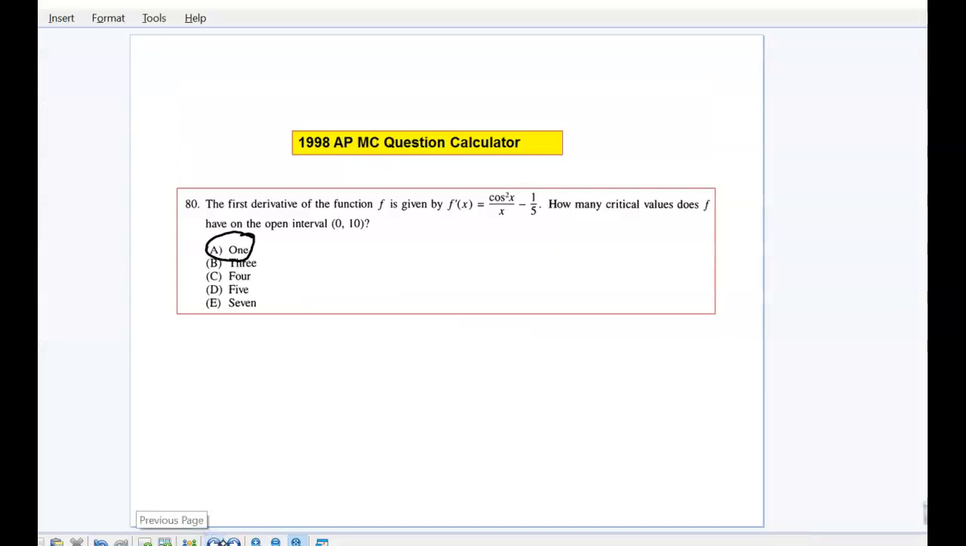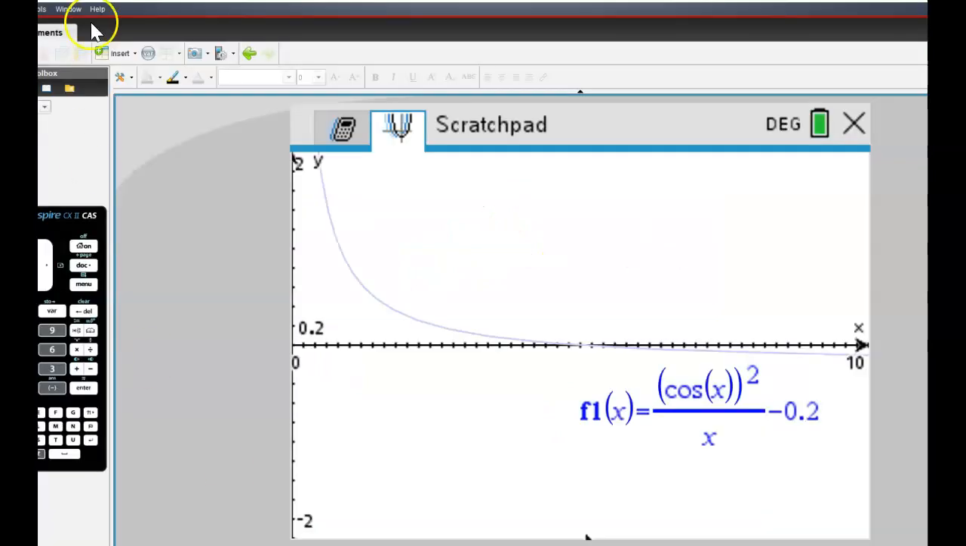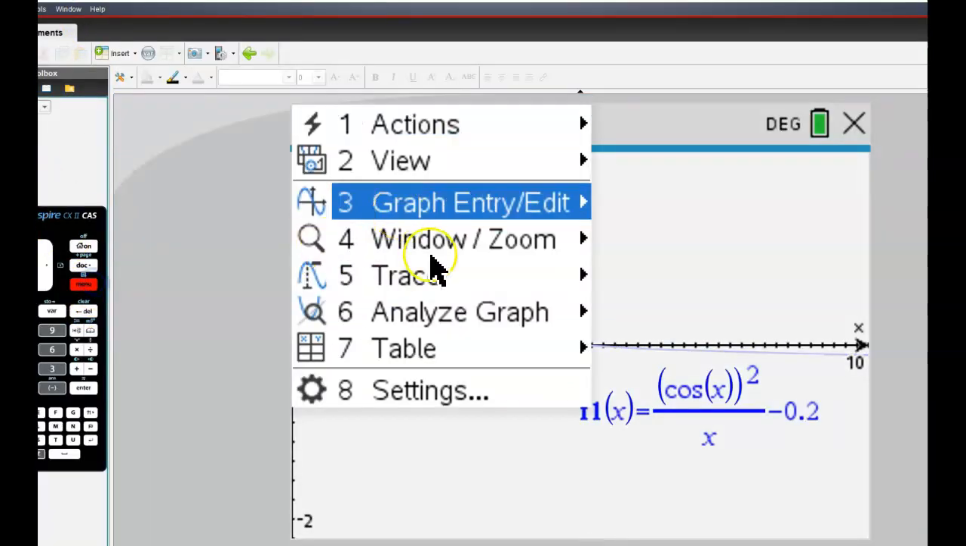Okay, in our last example, we're looking at an AP exam question, and it says the first derivative of a function is given by f prime is cos squared x divided by x minus 1/5. And how many critical numbers does it have in the interval 0 to 10? Now, critical numbers, remember, is where the derivative equals 0 or where the derivative is undefined. And because they're giving me the derivative already, what I need to do is graph this on the